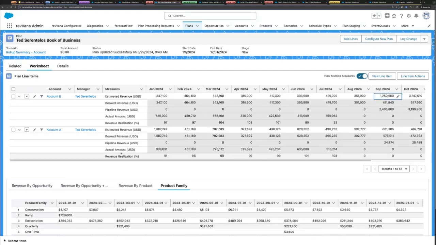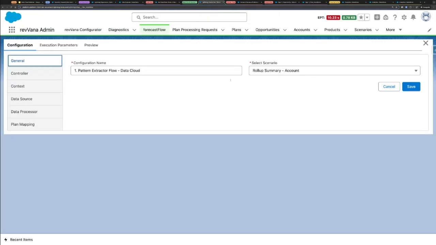And then at the end of it, once you start loading actuals in the past, you can in live fashion look at how your realization is trending compared to what the estimated forecast was. So now, to get to this, there are 2 steps we took. And again, as I said, this is a configurable platform, so there could be more steps based on your business. But in this case, in order to generate this, the first thing we do is extract patterns from your actual revenue data in Data Cloud.